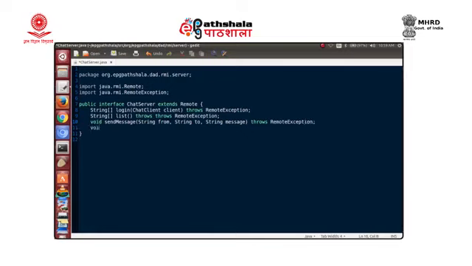And then we have a variant of the send message, maybe we want the message to be sent to all the logged in users. So, we might have an overload of the send message, where he specifies from, but nothing about the to. He simply gives two parameters only, the from, that is the sender, and the message to be sent, and we have the throws for that, throws remote exception.